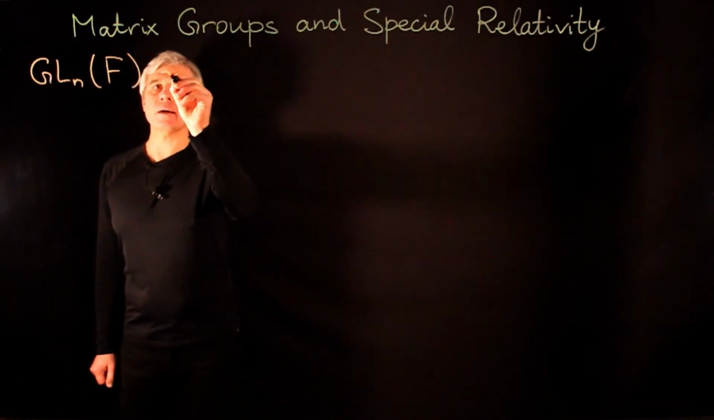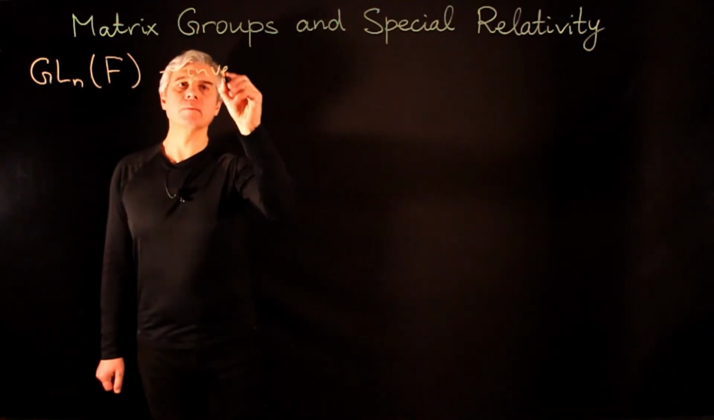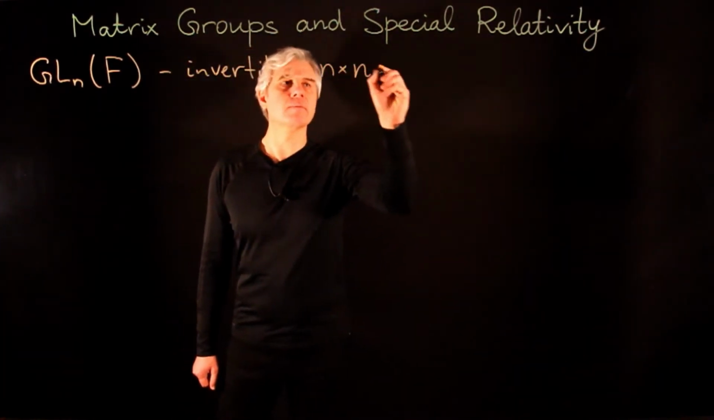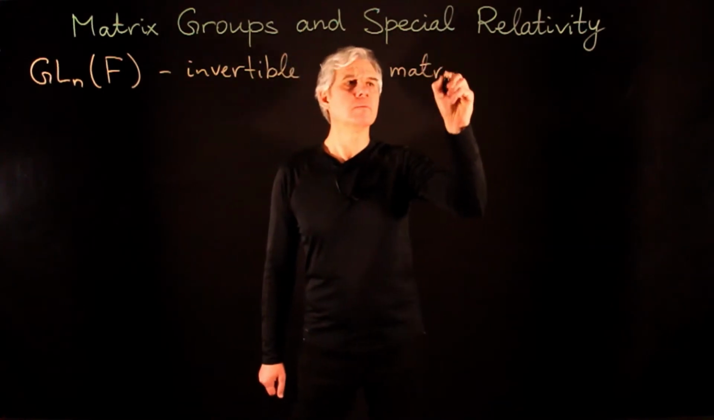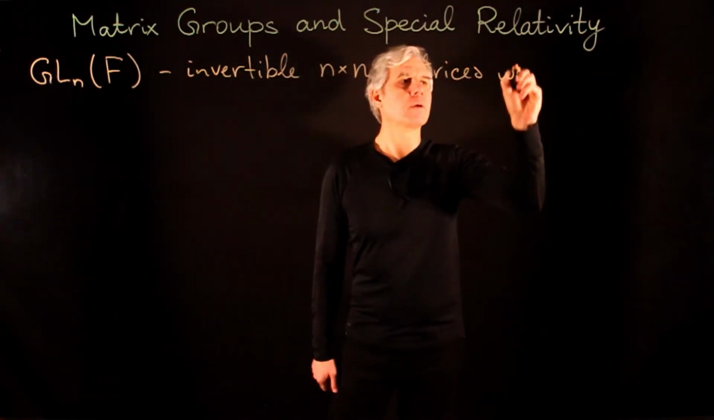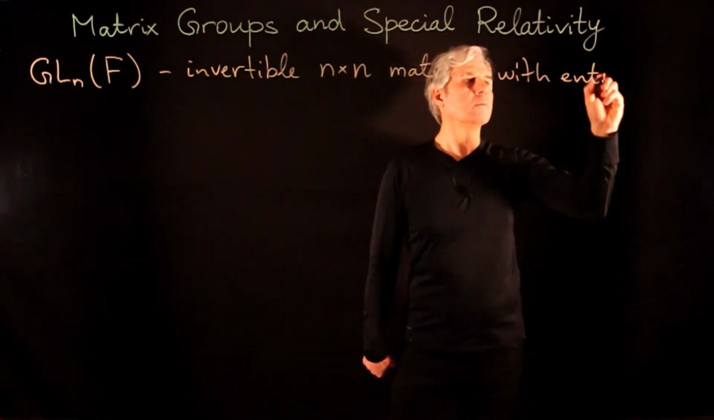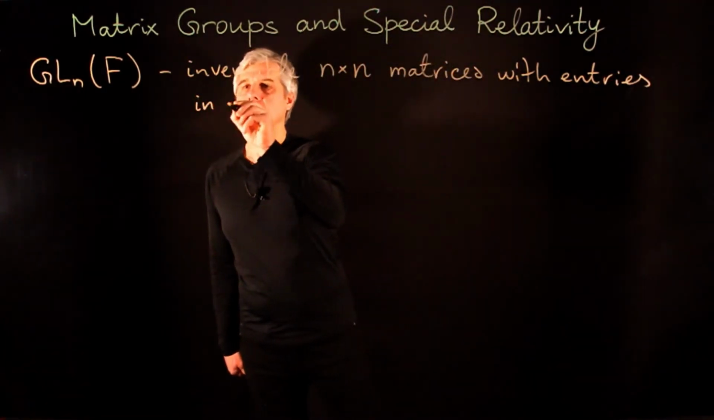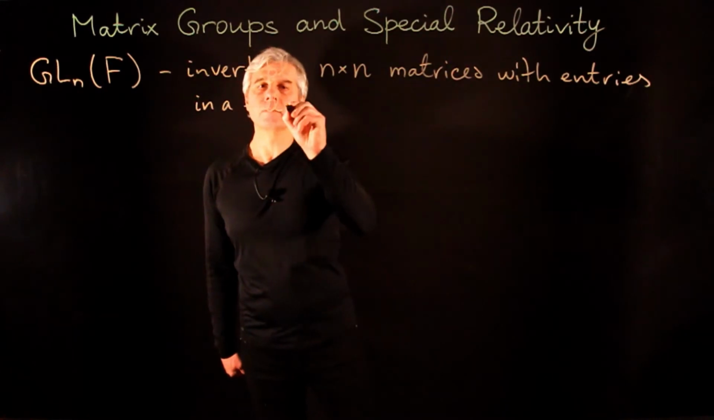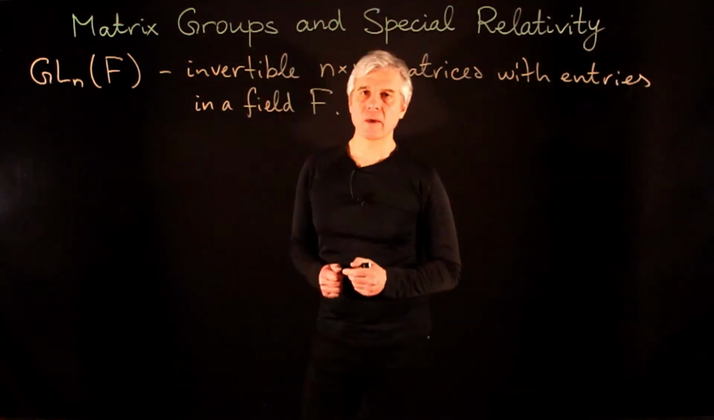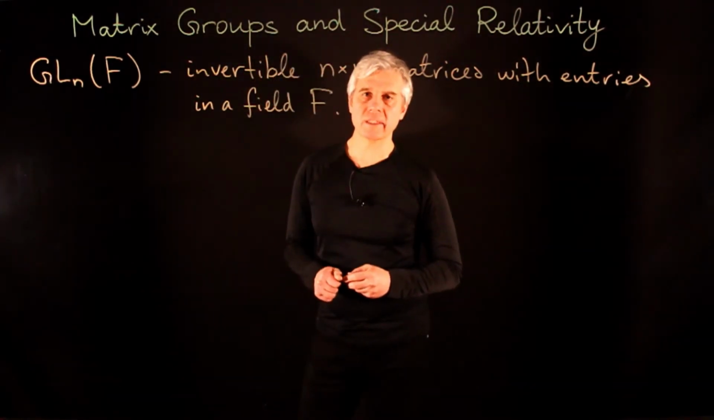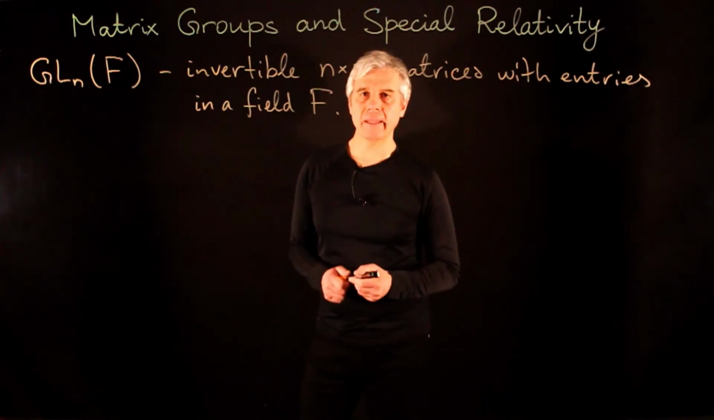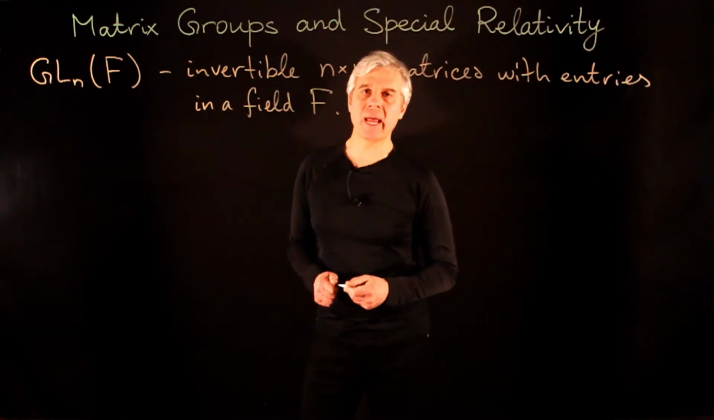So these are invertible n by n matrices with entries in a field F. The notion of a group is the axiomatization of the concept of symmetry, and typically groups appear as symmetries